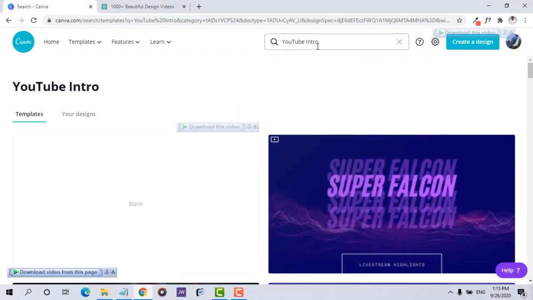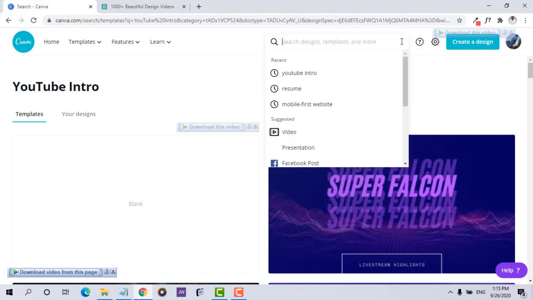So as you've seen from several designs that you've been designing from the beginning of this course, you can simply look for a template by clicking on this search icon or this search bar and typing whatever you want into the search bar. So let's say I want to create a presentation about this course. For example, let's say I want a slide. So I can just search